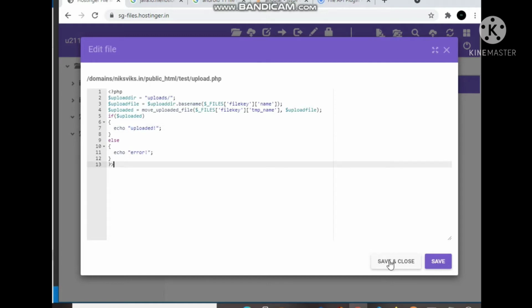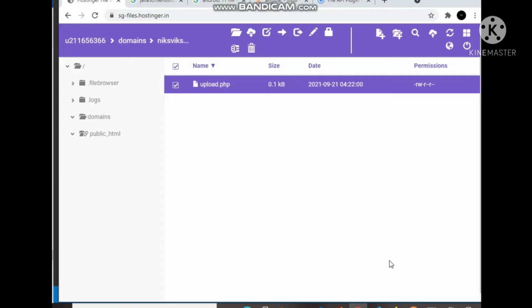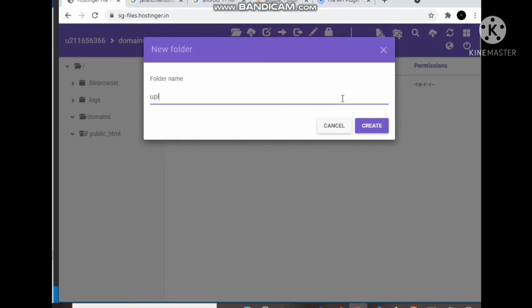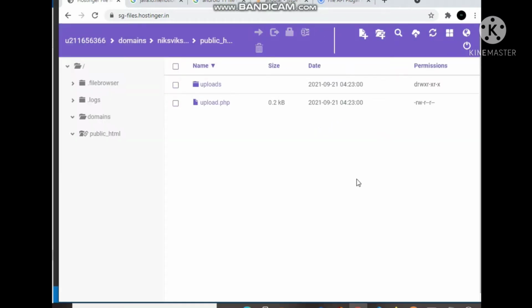So let's save and close. Also, I have to create a folder named uploads here, because in this directory all the files will be stored by that PHP API. Okay, now the API is built and deployed. So we have to go to the Ionic app, and next I will use the file transfer and camera plugins to get the image and upload it to the server. So next we will see the Ionic app's code.